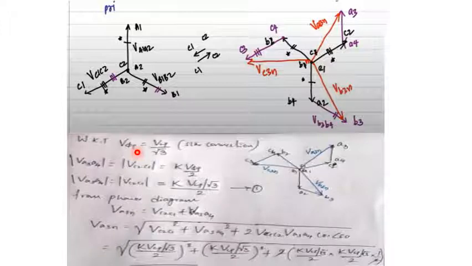You know, in case of the star connection, how do I draw the phase voltage? That is VLP divided by root 3. P means the primary line voltage, and here also the primary phase voltage. So this is the star connection, the general expression you know. And here VA3A4 and VC2C1. These are the voltages.